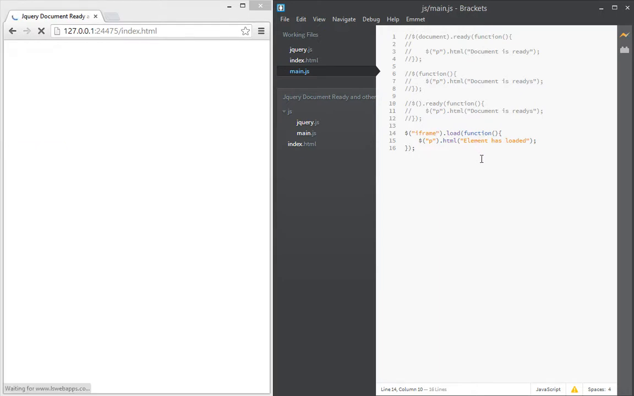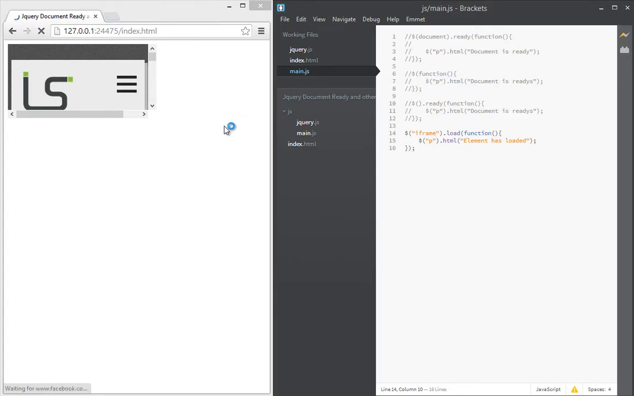So we save that, and as you can see, iframe is taking a while to load. So when iframe finishes, then the p tag is being populated. Okay, so get the difference. The document.load is for elements that take a long while to load, and the document ready is just when the HTML elements actually have been loaded. Okay, so the third thing that we're going to be looking at is self-invoking functions,